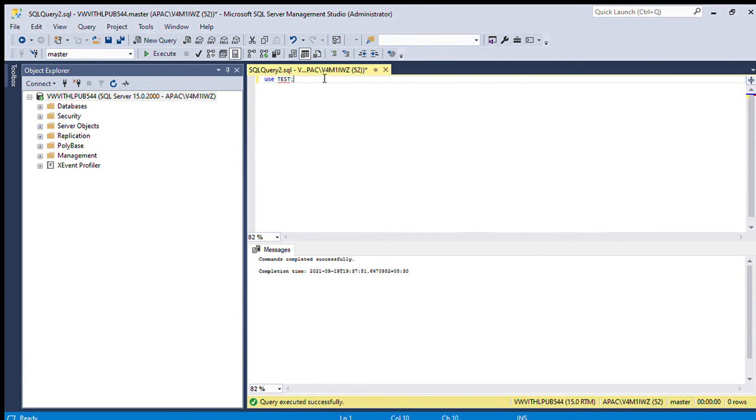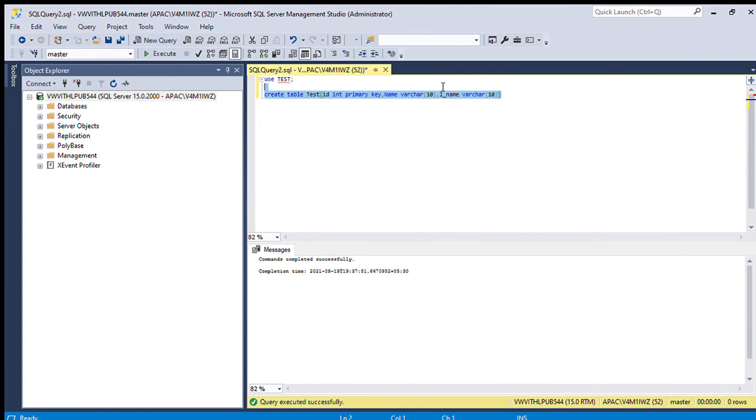So use this and create the table. For creating a table, just write create table and the table name. Like I am going to use test as the name. I am giving ID in the table, which is integer type, and I am making it the primary key for a unique record. And name, which is character type, so I'm giving varchar in SQL with length 10, and last name, also varchar with value 10. Just run this.